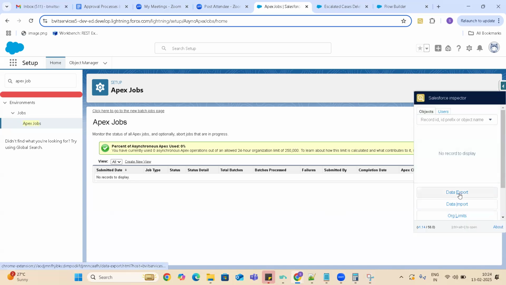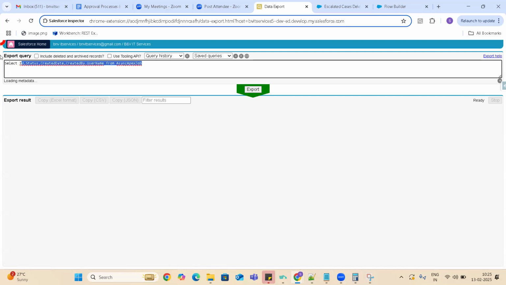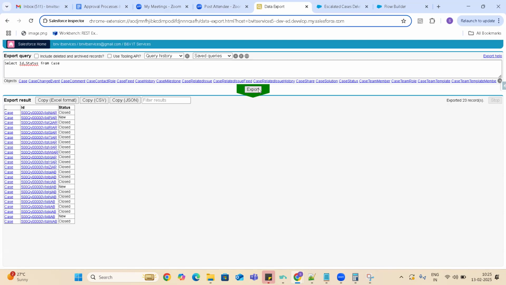Before that, let me check, do I have any cases which are in escalated state? Select ID, status from case. I have 23 cases and most of them are closed ones.